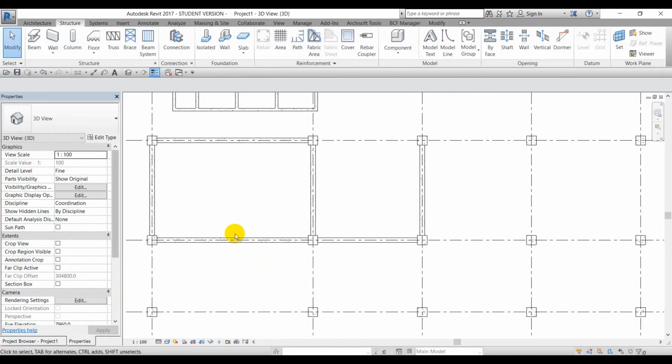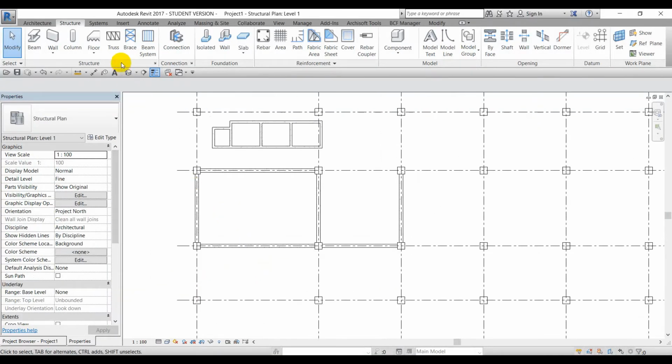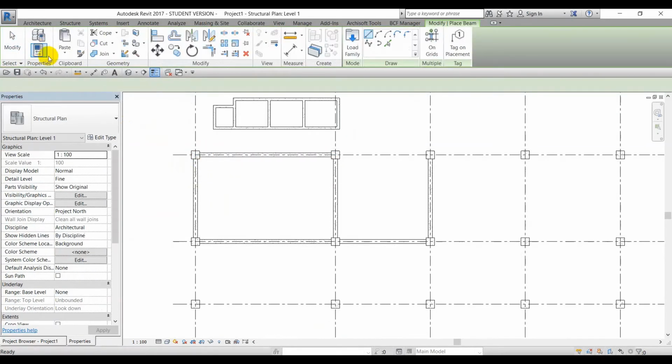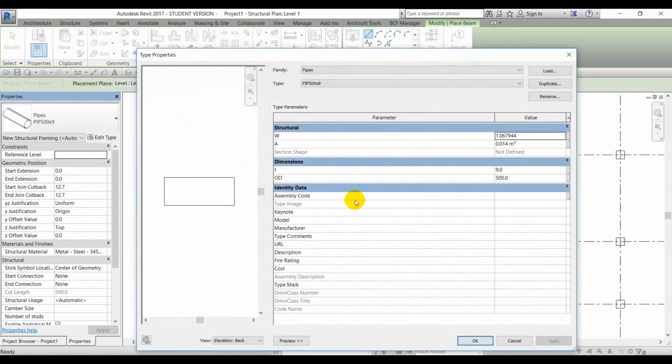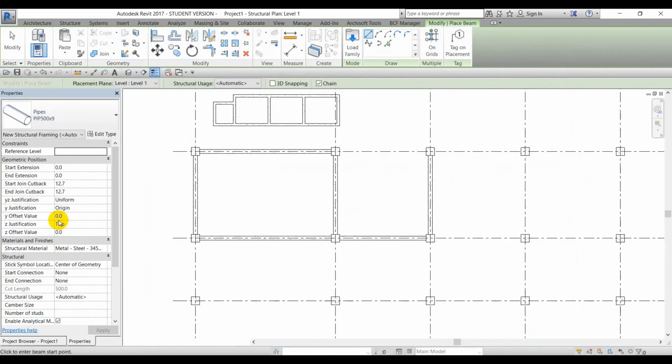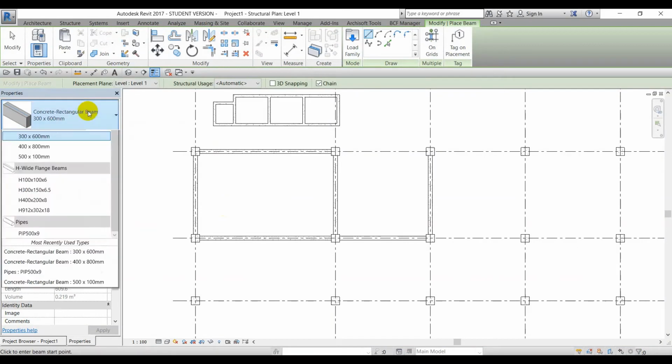I want to go to the plan view here. To create the beam system, it looks like a stack wall. You need to have your beam size. To have the beam size, you need to create it from the beam like this. You need to duplicate your beam, whatever beam size you want. Let's say for this one,